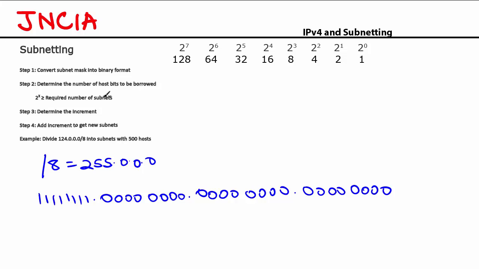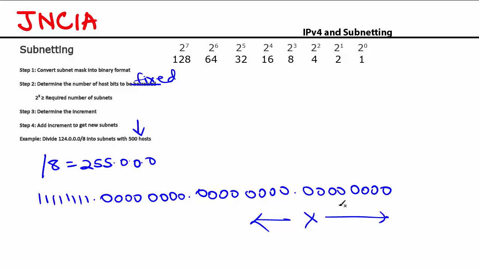The original step number 2 says determine the number of host bits to be borrowed. In this case, we are not subnetting based on networks, but we are subnetting based on hosts. So we don't need to borrow bits, but we actually need to fix the bits. Why, if you may ask? We have a requirement based on the number of hosts. So we need to fix X number of bits as host bits so we get the required number of hosts. So the formula now becomes determine the number of host bits to be fixed. We need to fix some bits as host bits so that they remain unchanged, and then we get the required